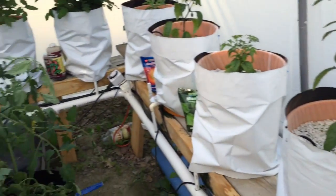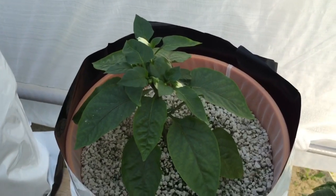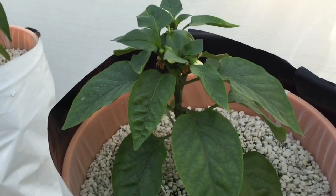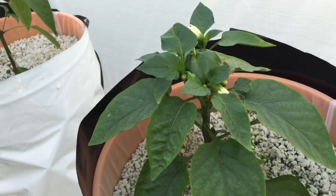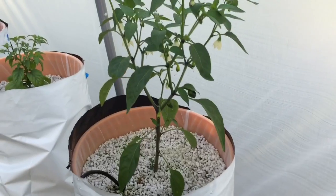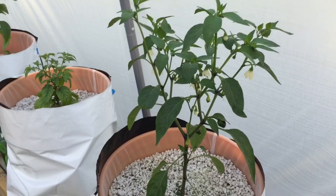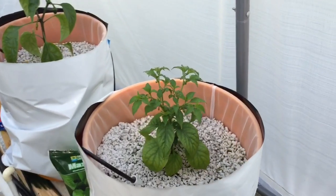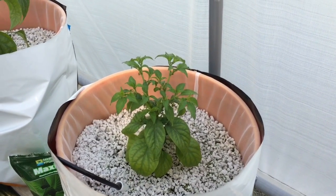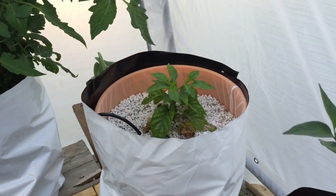So my system is actually running right now, so it's a little bit noisy, but hopefully it won't be too bad. Right here, I've got a California Wonder Pepper. It's not grown as tall as it should be. It's got a pepper already on it, and a couple peppers on it. But let's see how it does. Here's a jalapeno, already loaded with jalapenos, doing really well. Here's a habanero that's been kind of stunted, but lately it's started taking off. Another jalapeno, another habanero,